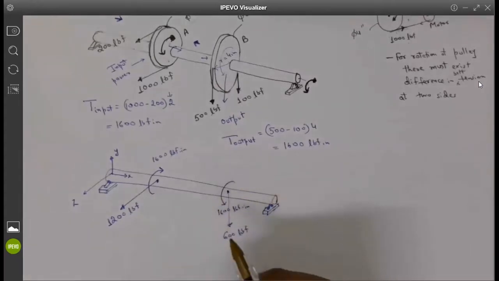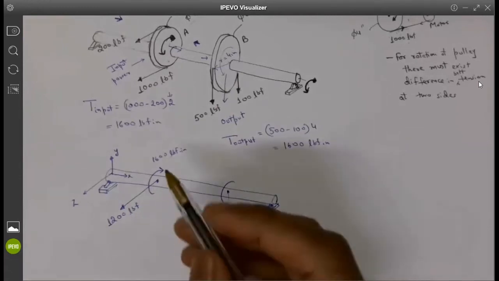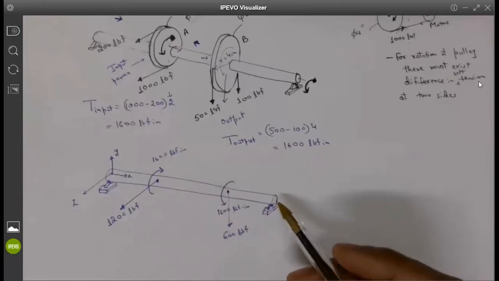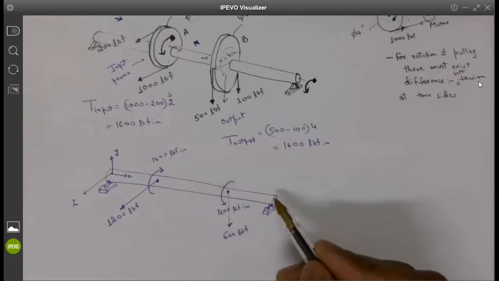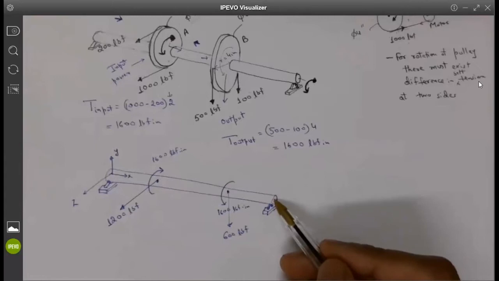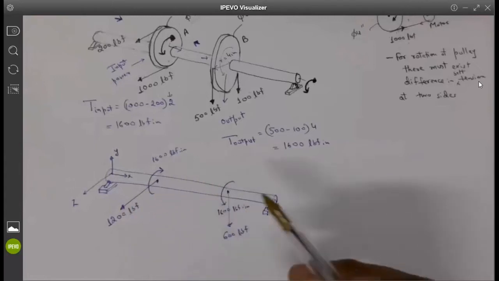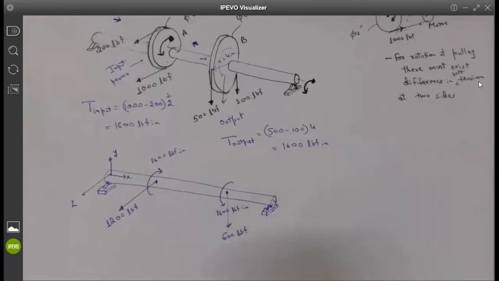Okay, so the next part is how to calculate the stresses in the shaft, and based on that, if you know the diameter or how to size the diameter of the shaft. So if I have to find a suitable diameter of the shaft which has to withstand these loads and this twisting moment, what should be the size of the shaft,